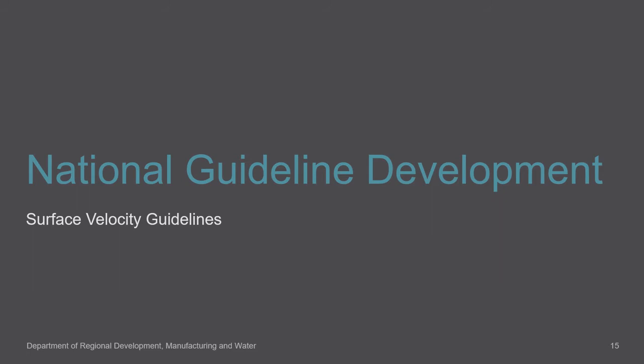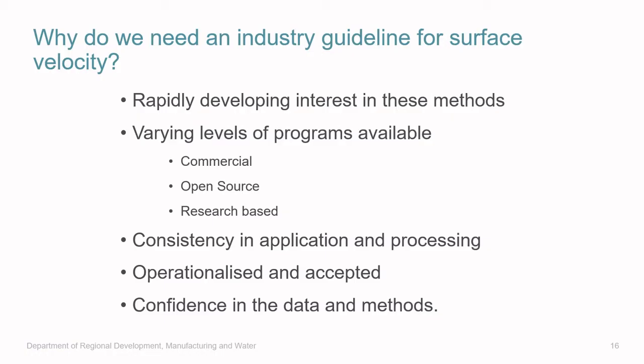So with that increased national interest in applying these methods, we then, in communication with the other states, decided to start working on a national guideline. So why do we need a national guideline for surface velocity? Well, as I've mentioned already, there's the rapidly developing interest in these methods, but also there's a varying level of programs available to undertake the analysis, from commercial software to open source software, as well as research-based projects